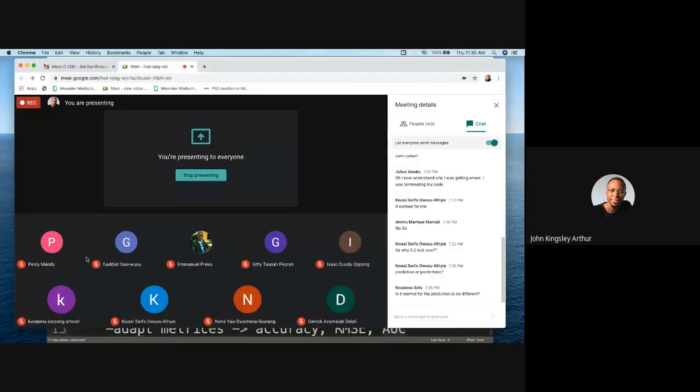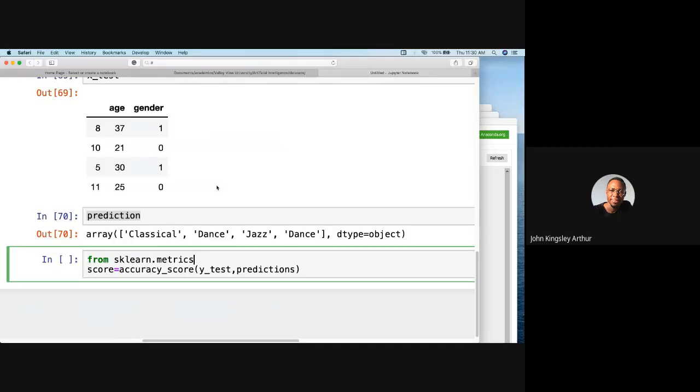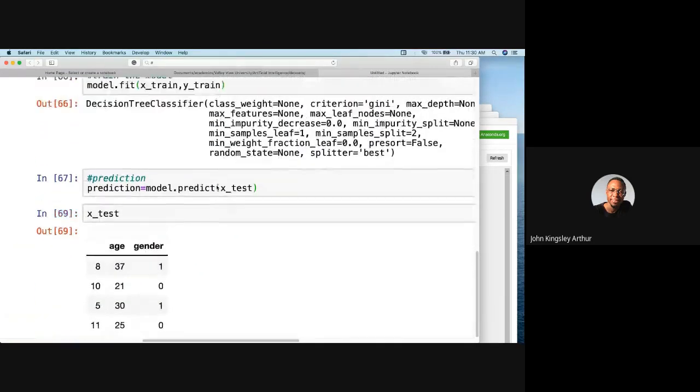it's a question for me. Is it normal for predictions to be different? Yes, it is normal that we would have different predictions because the function that was used for the splitting, based on the number of times you run it, will keep changing its content. It has an internal section that is for